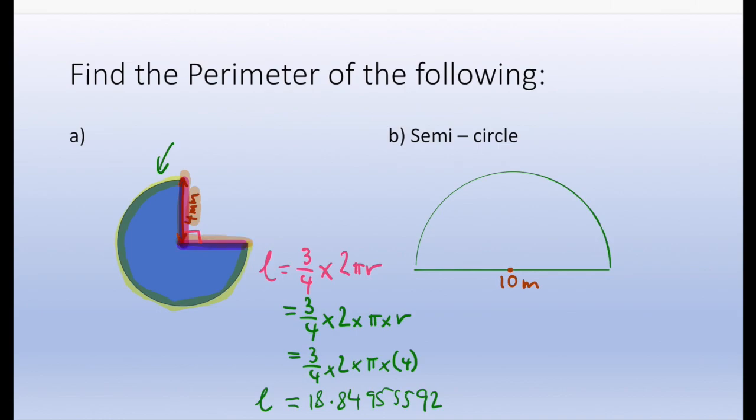So for perimeter, perimeter will equal the arc length, which I've got here, plus 4, plus another 4 here, all right? Sometimes these tend to be some of the trickiest concepts. So I'm going to add 4 and 4 to this, but that's not mathematically correct if I write it there, so I'm going to leave that empty. So I'm going to go plus 4, and the whole perimeter equals